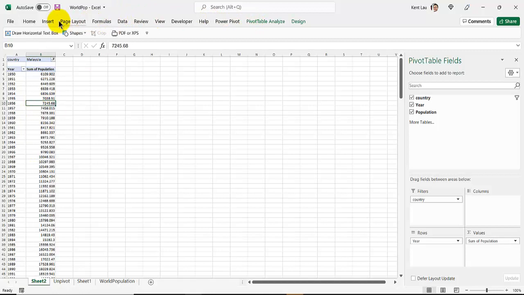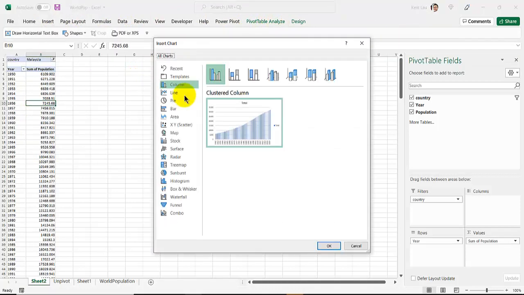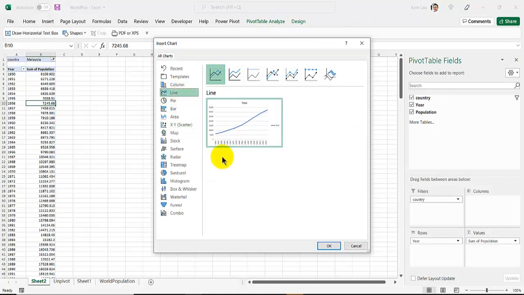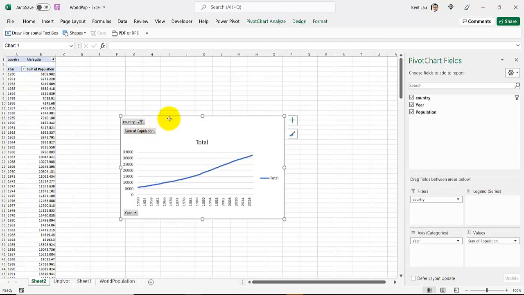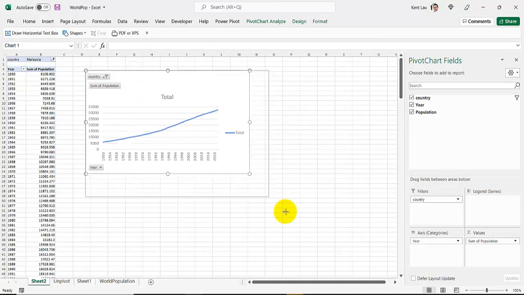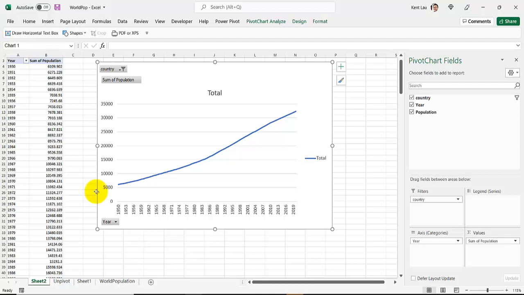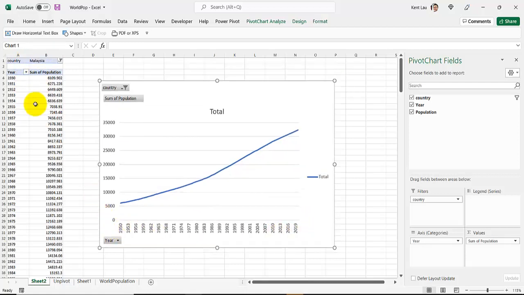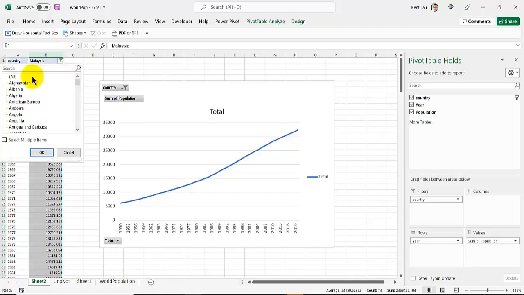So I go to the pivot table, analyze, pivot chart, and I can see a growth right here. Usually you use a line to represent a trend. So we do see a steady growth from 1950 to 2016. And if I just choose one more, let's say change Singapore and just select